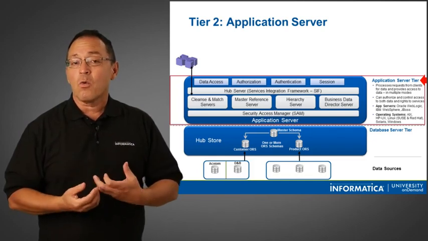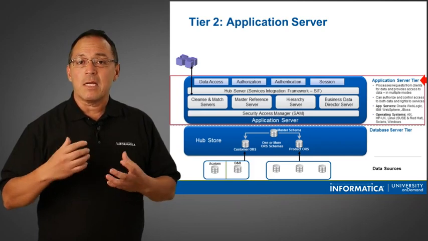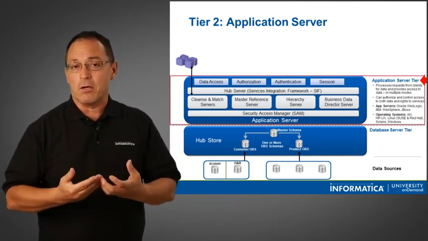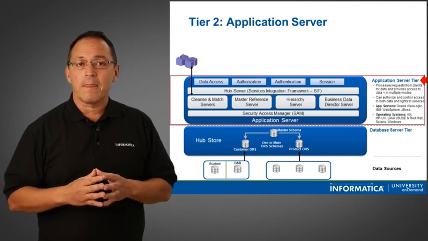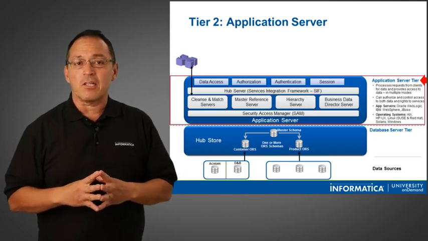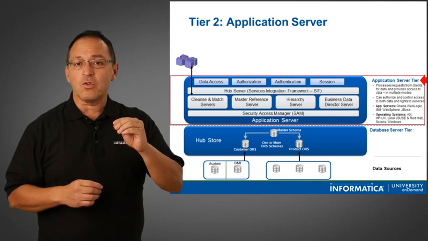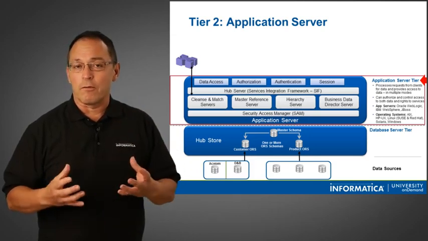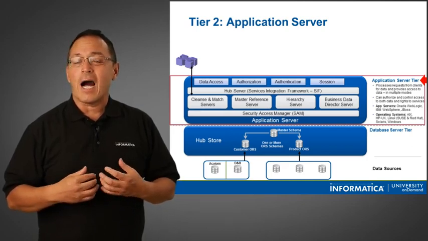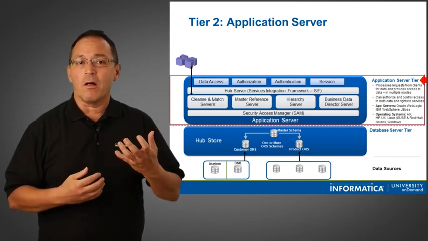How do we get in here? Well, remember how we get into the Hub console? Someone is authenticating us, someone is authorizing us, so there's a whole layer also that is allowing us to go in here. Let's go to the application tier. And what's giving us access to this hub? Well, that's happening at the applications layer. You see the Hub console? We go to the Hub console to go to the respective servers in the application server tier. We could also create an API or integration components using what we call the SIF,